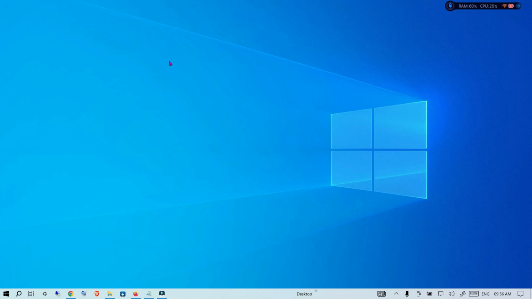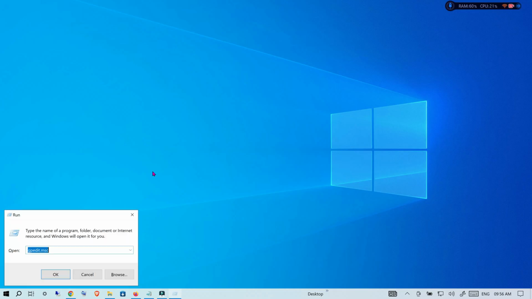Did you know that Windows has a secret set it and forget it setting that automatically wipes away your temporary junk files? Most people delete these files manually, but you can actually automate the entire process through the group policy editor. So to get started, press Windows plus R all together on your keyboard and type